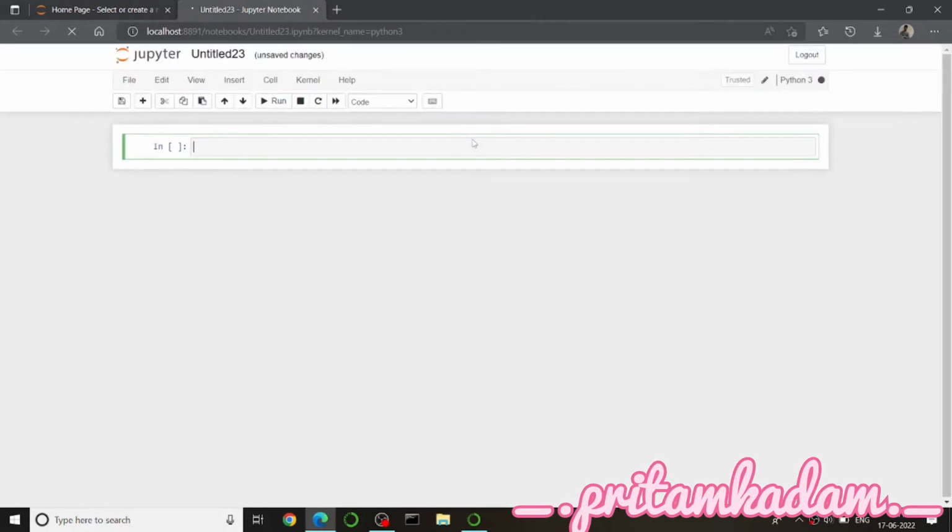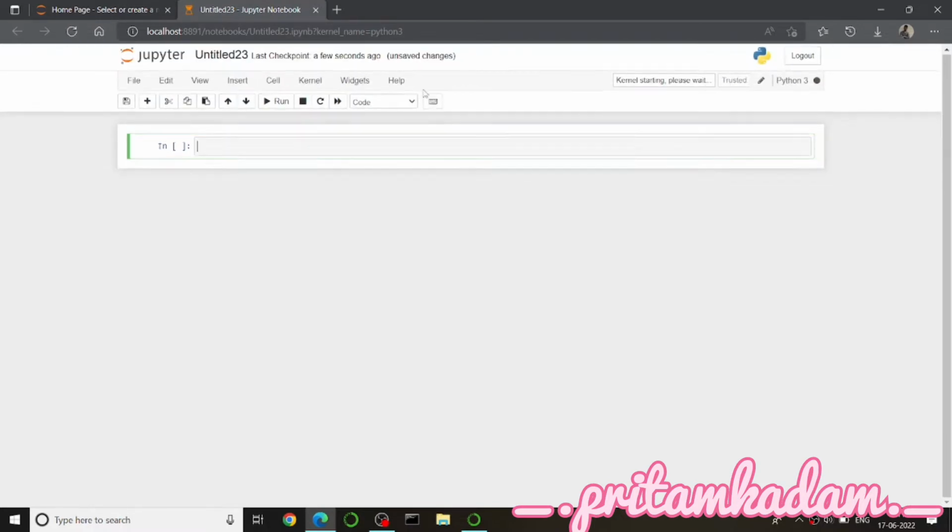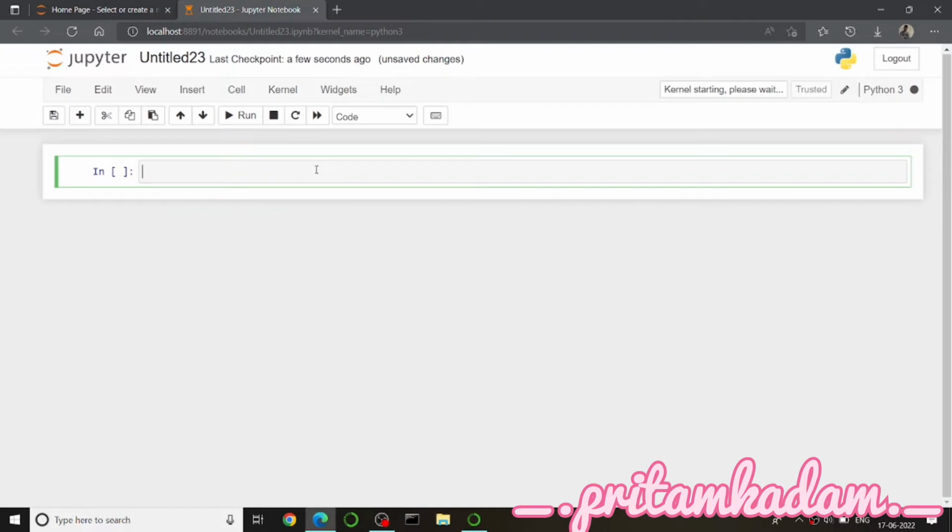So first of all we will give a heading like Python program to print Fibonacci series, and then we will get the input from the user as how many elements or terms of the Fibonacci series we want to print. We will initialize 0 and 1 to the first two terms of the Fibonacci series, and then we will print them. So first of all let us write the heading, that would be Python program